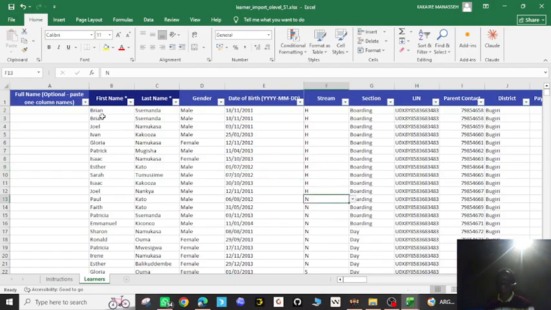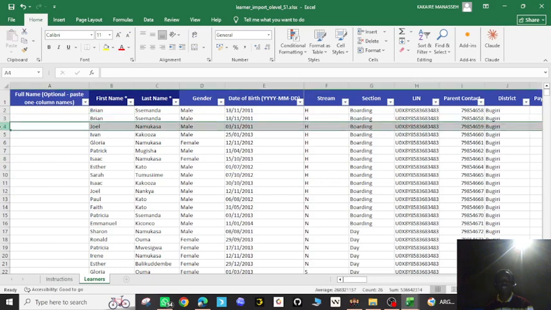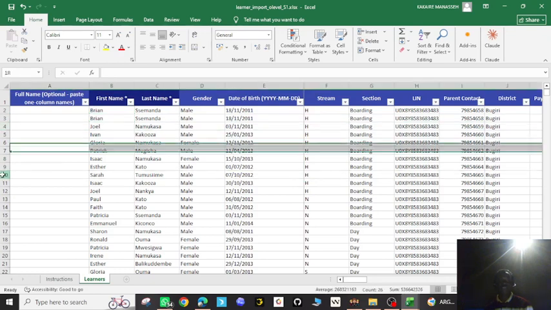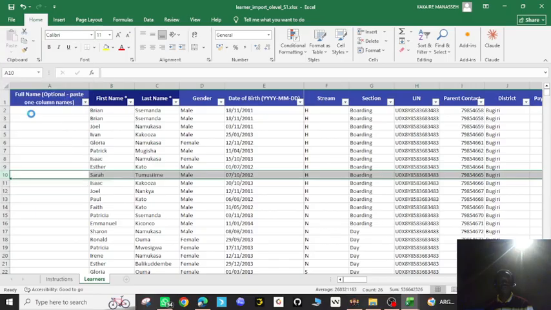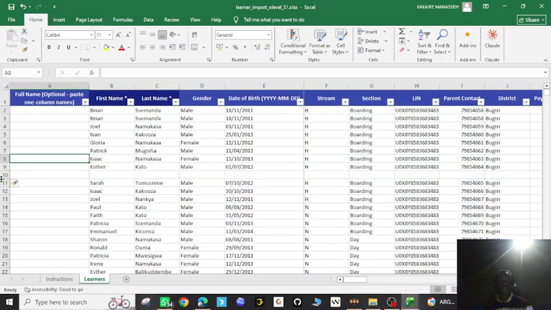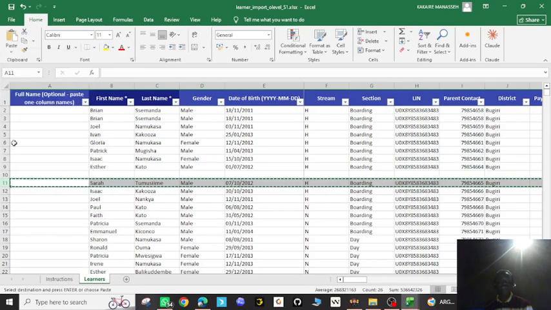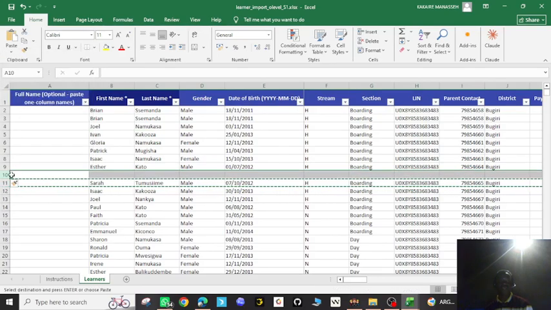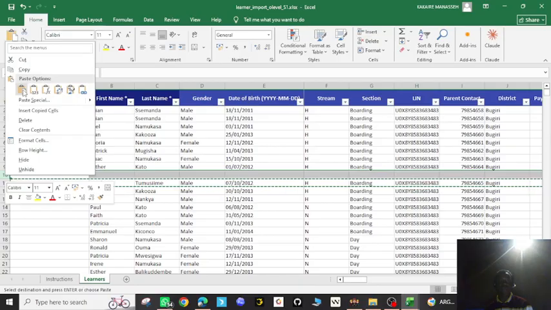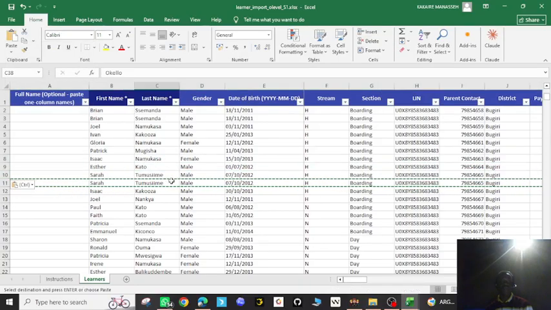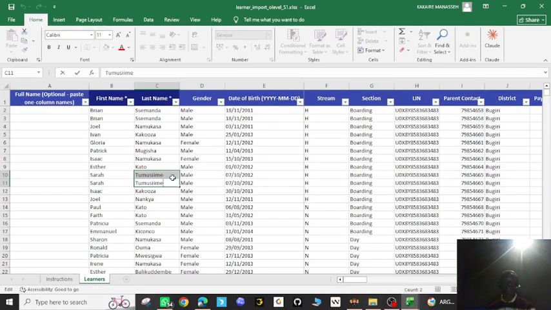Now we are going to import after duplicating Brian 2 times. Actually, let me also duplicate Sarah on row 10. I create a new row. I will select the entire Sarah row, and then I come to row 10 and paste it there. I'm doing that to show you how the system can detect duplicates, so you don't